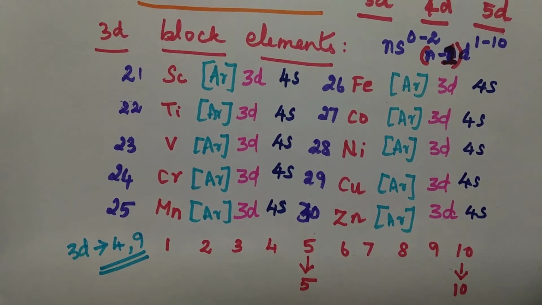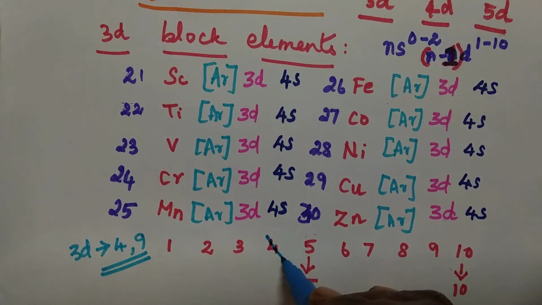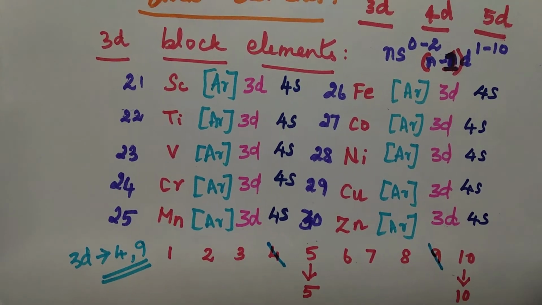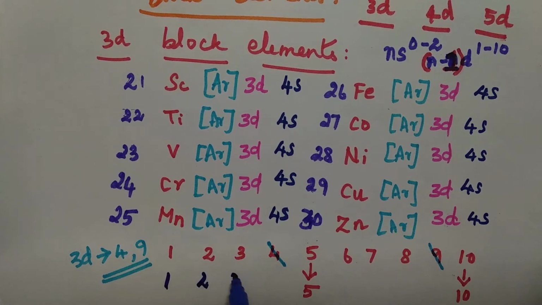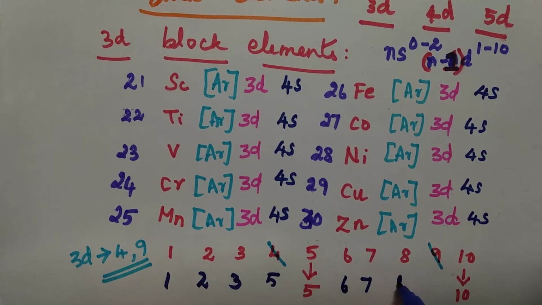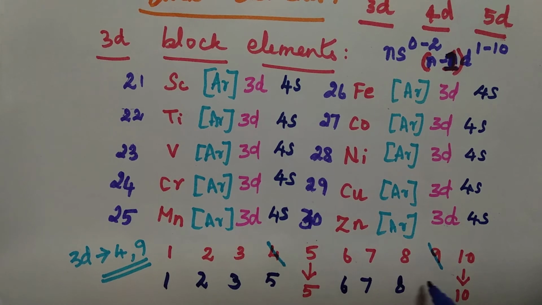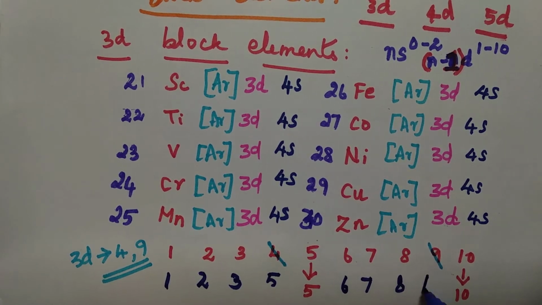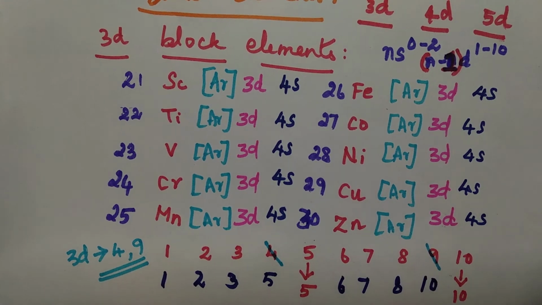So, forget these two numbers, or omit these two numbers. We can omit that 4 and 9, or strike it off. Now, write down below: 1 means how many electrons are going to be in the 3D shell? It's going to be 1 only, 2 only, 3 only for the third shell. But for the fourth shell, it is not going to be 4, it will go with the next number, 5. Like that for 6, it's going to be 6 only, 7, 8. But for 9, it is not going to be 9 since there is no 9, so it goes with the next number, 10.